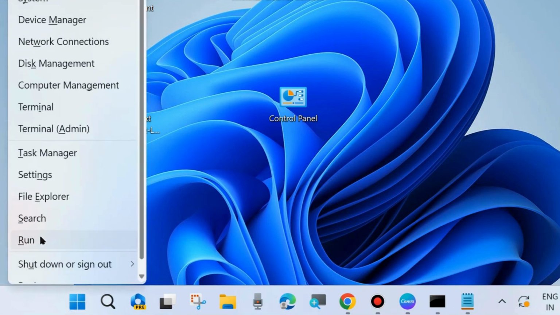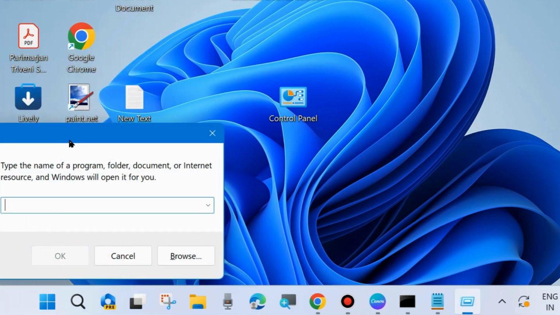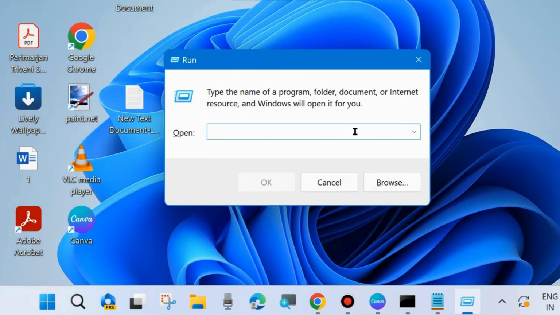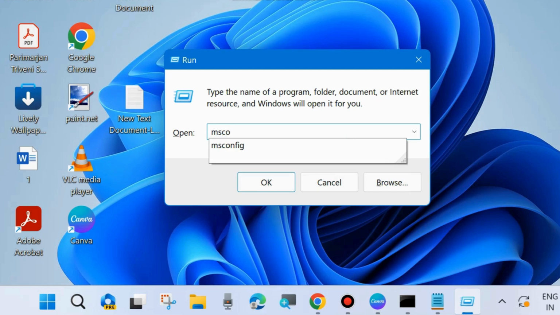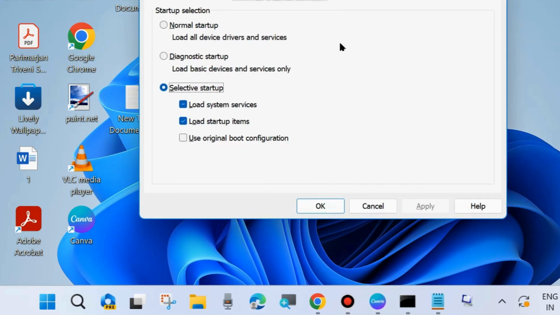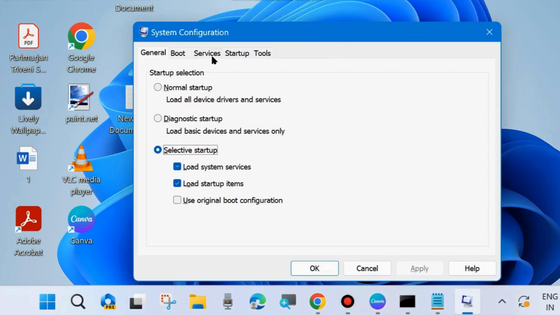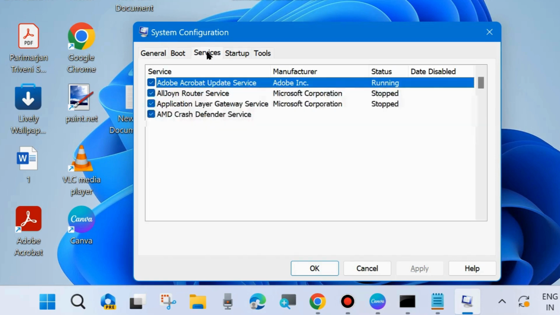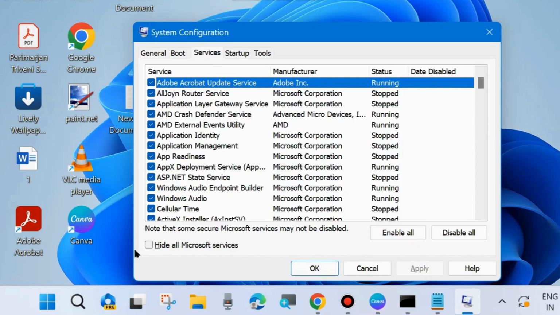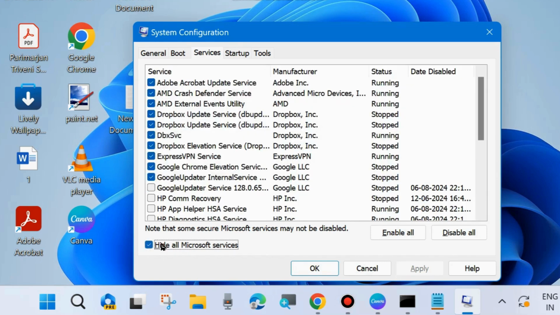If not, clean boot your system. Right click on the start button, choose run. It will open the run dialog box. You may press the Win plus R shortcut key to launch the run dialog box, and here type the msconfig command. Click on OK. The System Configuration window will open now, and here from the top menu bar go to services and tick the option hide all Microsoft services from the bottom left corner, and choose disable all from the right side. Thereafter go to startup from the top menu bar